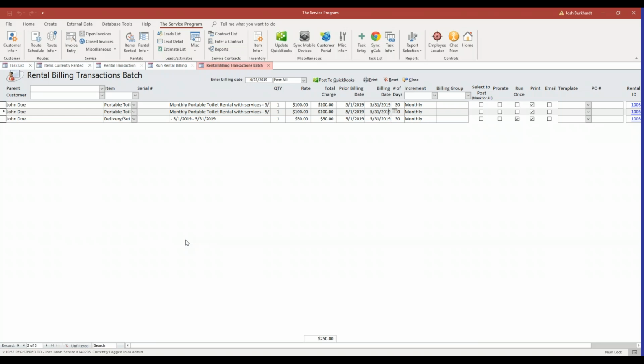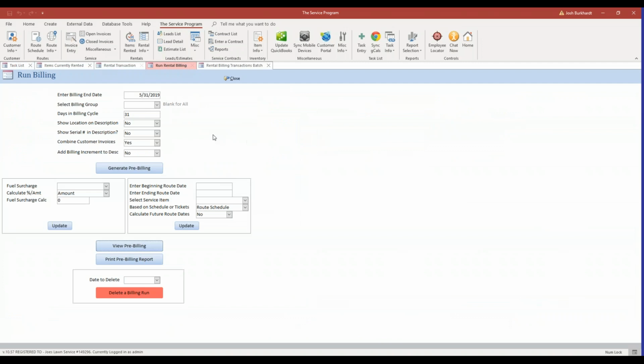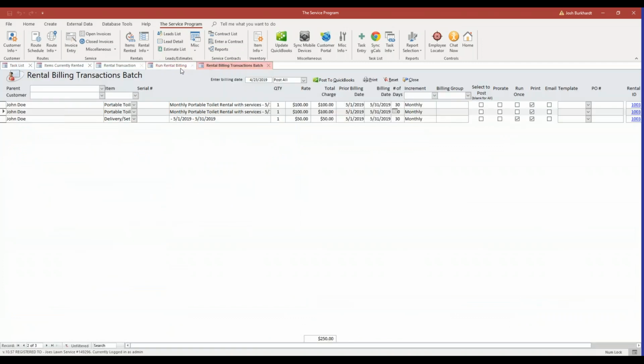If you need to make any adjustments to the information that you're seeing on this screen, it cannot be done on this screen. You would have to open the rental transaction back up, make the adjustments in the transaction, and then regenerate your billing. The nice thing about that is,